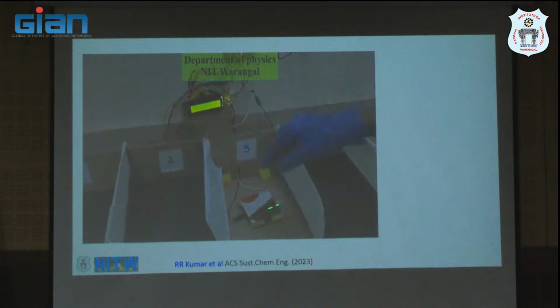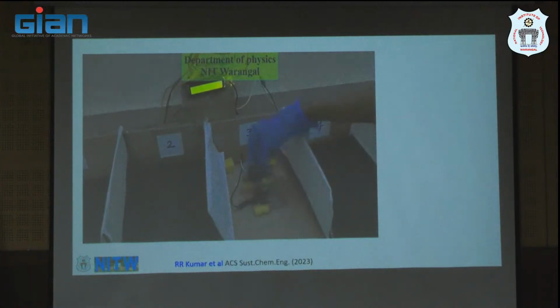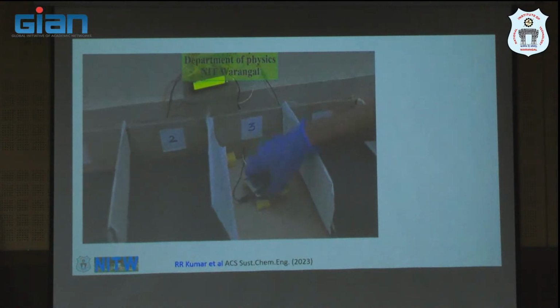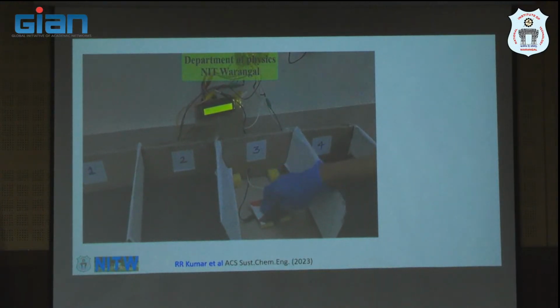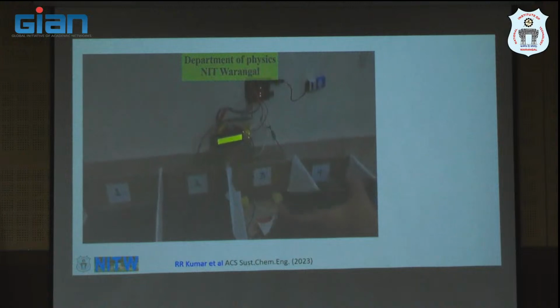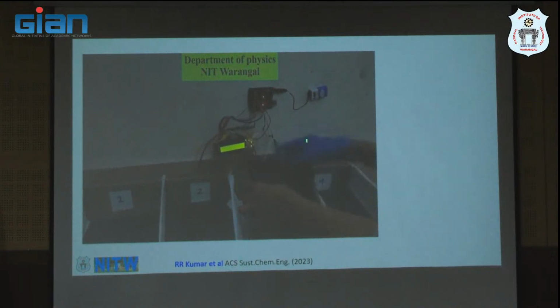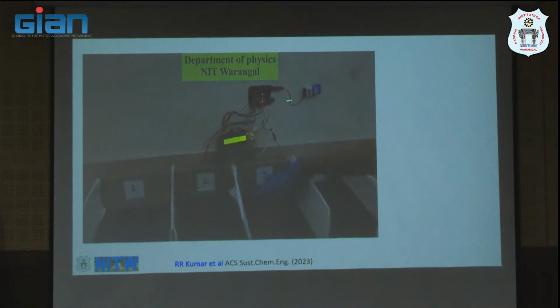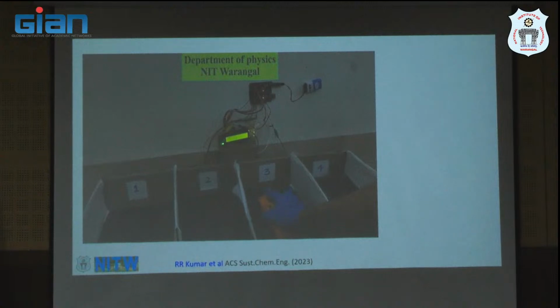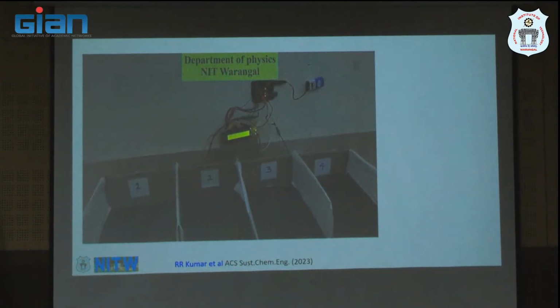So this is a TNG device. You can see the sponge spaces, everything. And such 4 devices are placed here, 1, 2, 3, 4, and you cover them with a small cardboard. Now this is the Arduino board, which takes the signal from these 4 TNG devices, and is programmed with a small Python code. And this is a display where you are going to see which parking slot is free and which parking slot is occupied. As you can see here,